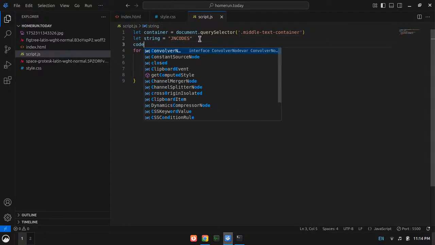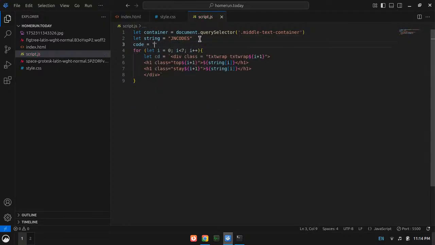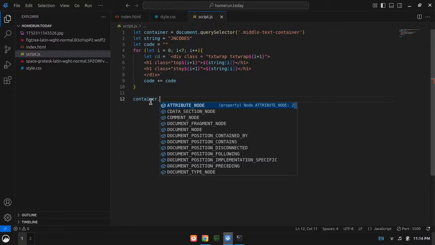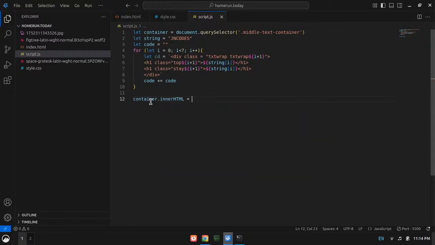Let's just code equals, let code equals something, then code plus equals code, and then container dot innerHTML equal to code.